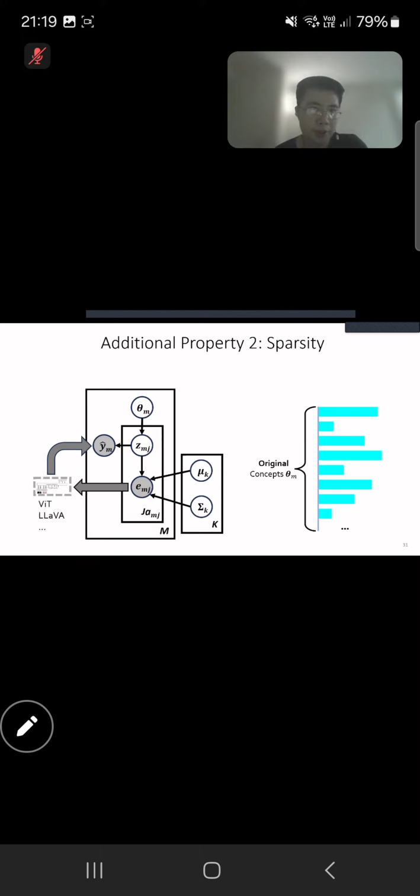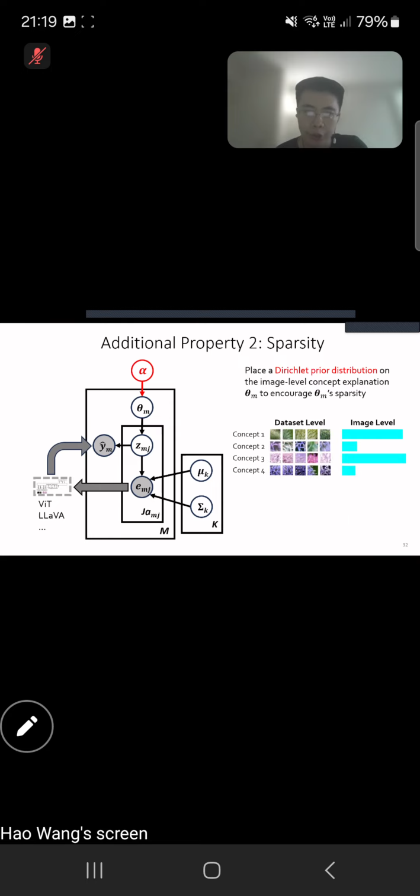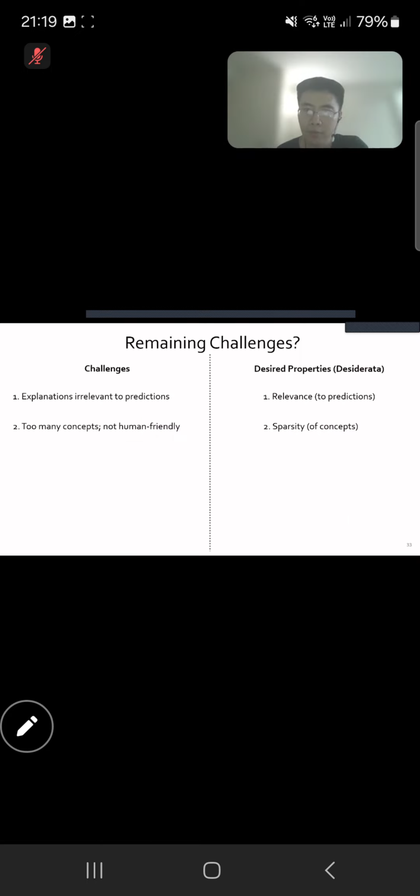And the solution is actually quite simple. Under the Bayesian framework, we only need to place a Dirichlet prior distribution on the image-level concept explanation to encourage sparsity. By doing this, we can substantially reduce the number of activated concepts for each image to a much smaller number. And the third challenge is that the explanations may not be very stable, and they may change if